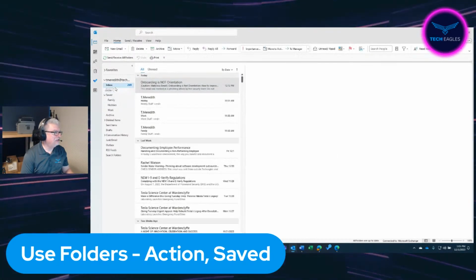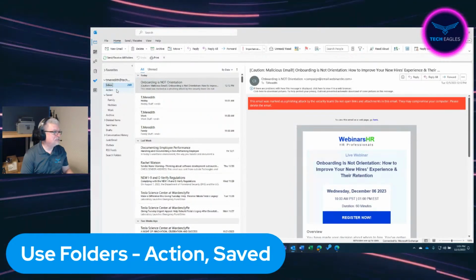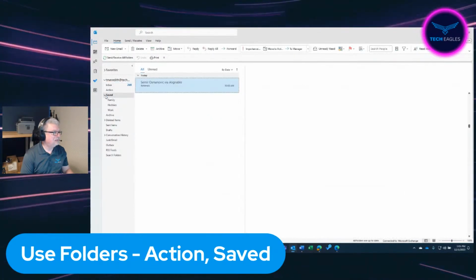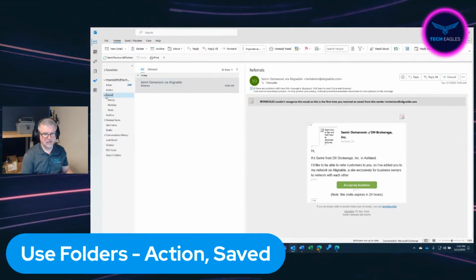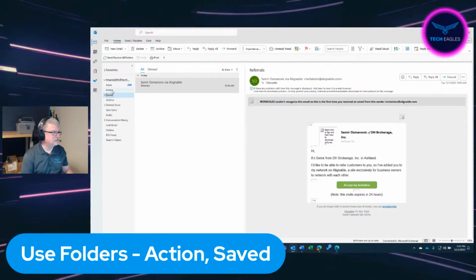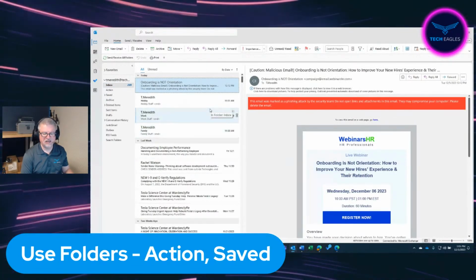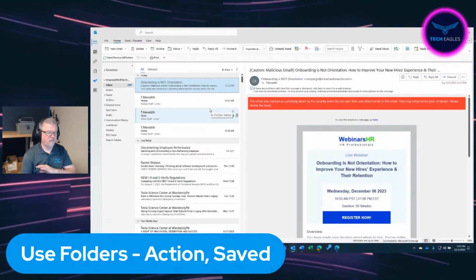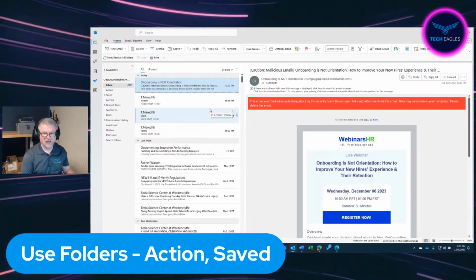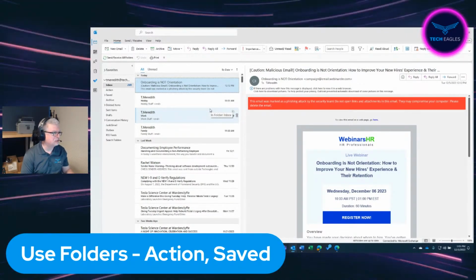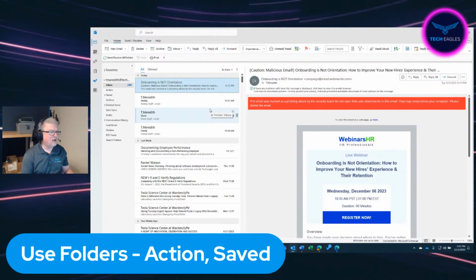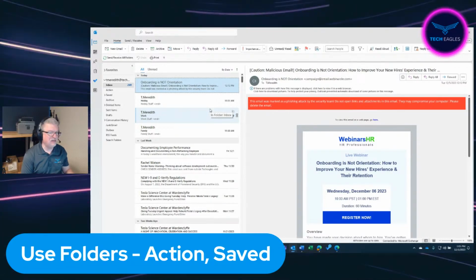Okay, and I like using this system: inbox, action, saved. I have used a lot of systems. I've tried a lot of different things. I leave inbox just for the stuff that I need to process, for things that have come in since I last processed or checked the email. If I have to do anything with the email at all,